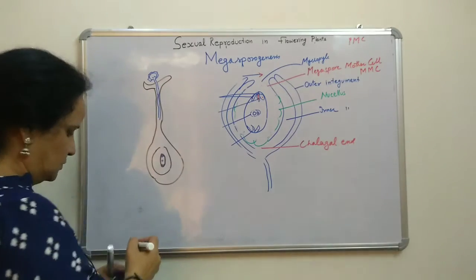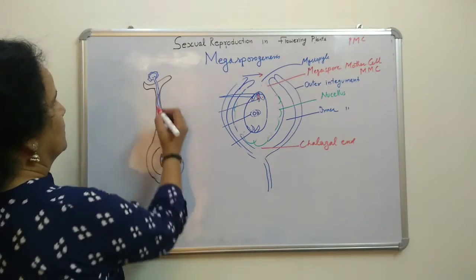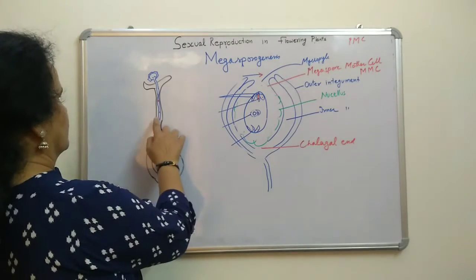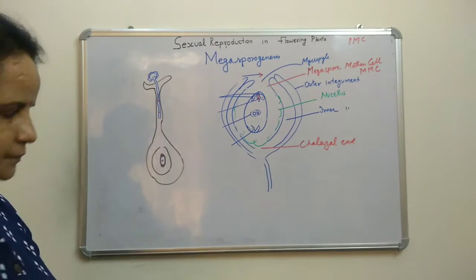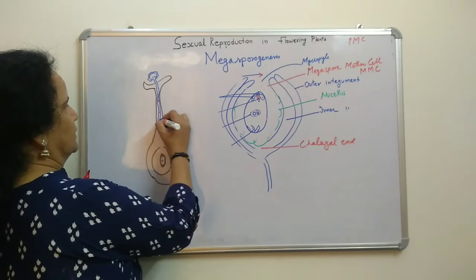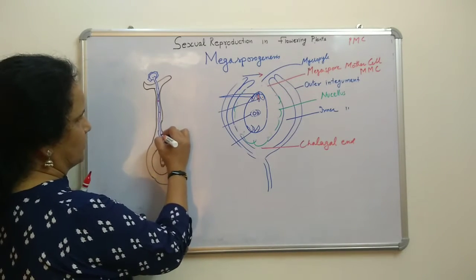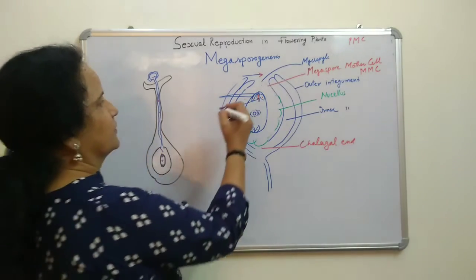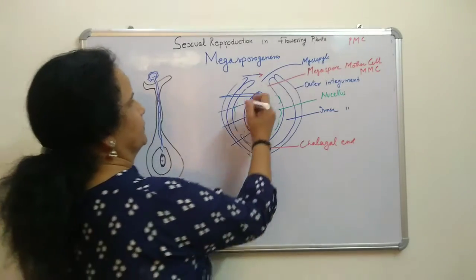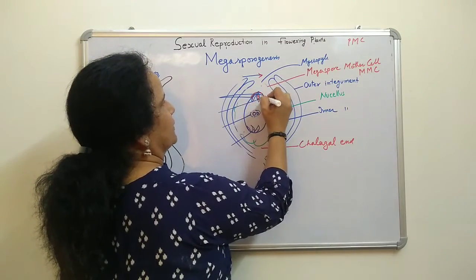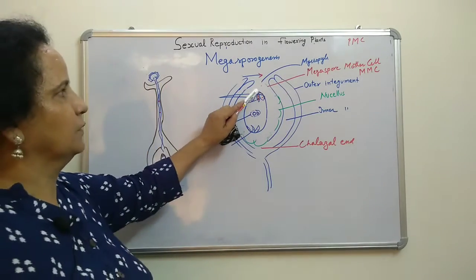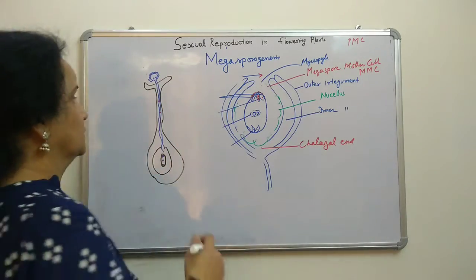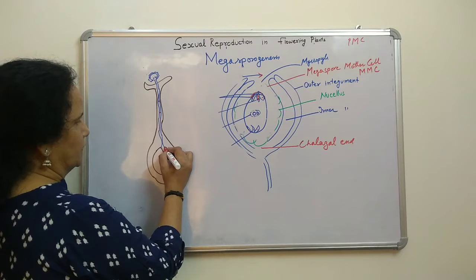Now one by one the gametes will come, and then they will enter through the micropyle end. Now here the synergids are there. Around the synergids some filiform apparatus is also there. First of all they will come just near the filiform apparatus. They will send them to the synergids. Synergids will guide them. Now that pollen tube will come to this one.